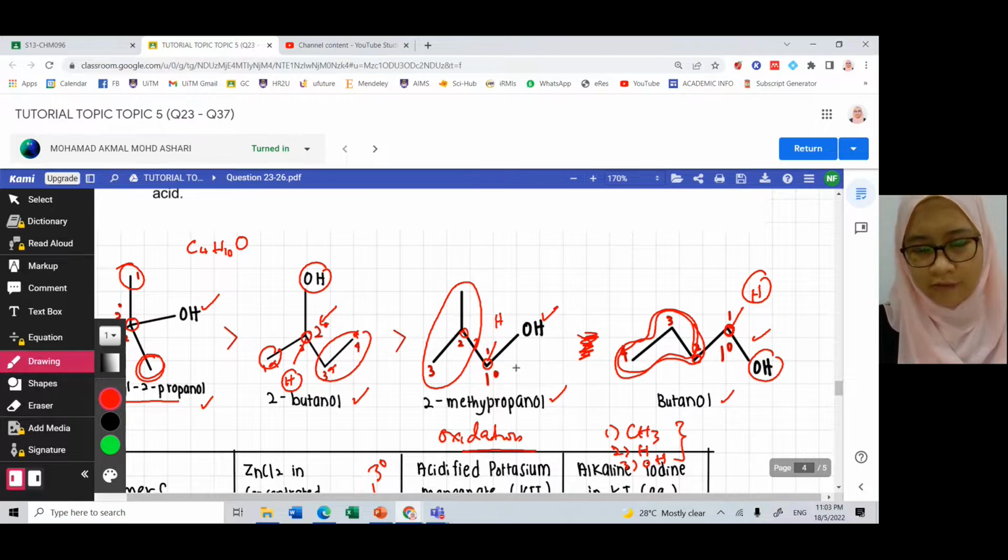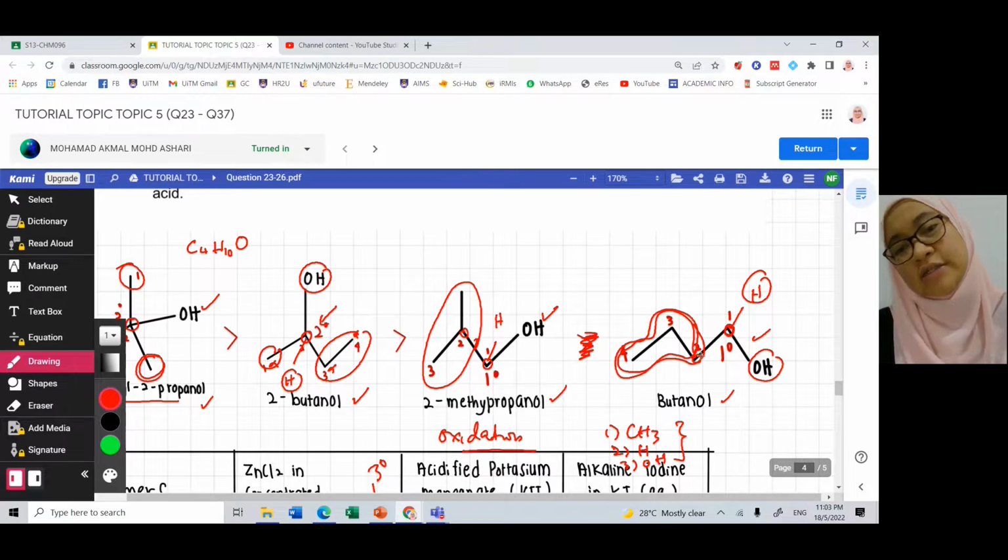Okay, from the look of it, saya boleh nampak lah dia tak ada chiral carbon. Okay, alright, so this one bukan chiral, this is not chiral. How about this one? Normally yang tengah-tengah tu you have to check whether it is chiral or not. So this is not chiral because it is attached to one methyl group, the other methyl group. How about this one? This is also not chiral because we have two hydrogens attached to one carbon. Okay, butanol also will not be chiral because